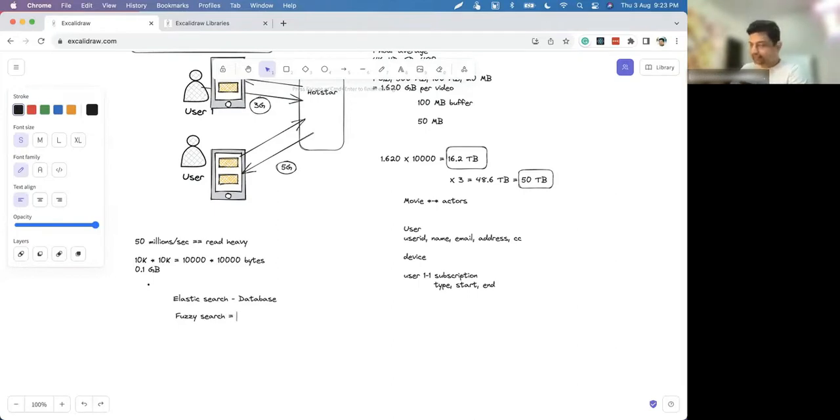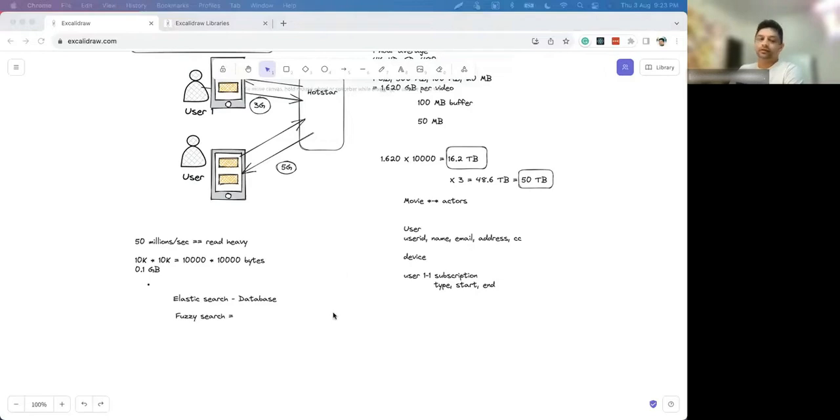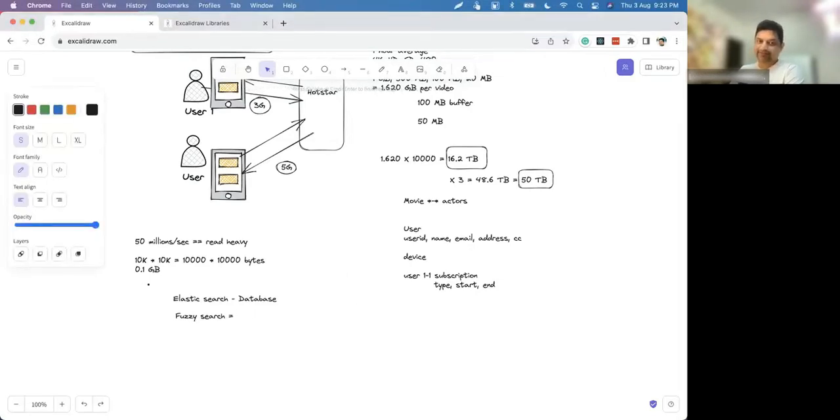Fuzzy search is search that works even if you misspell. You don't need to match exactly.